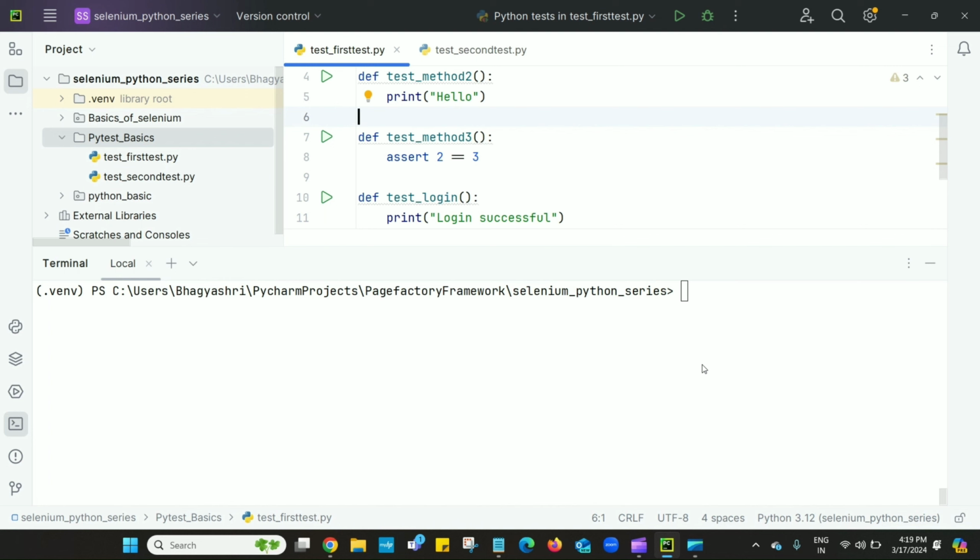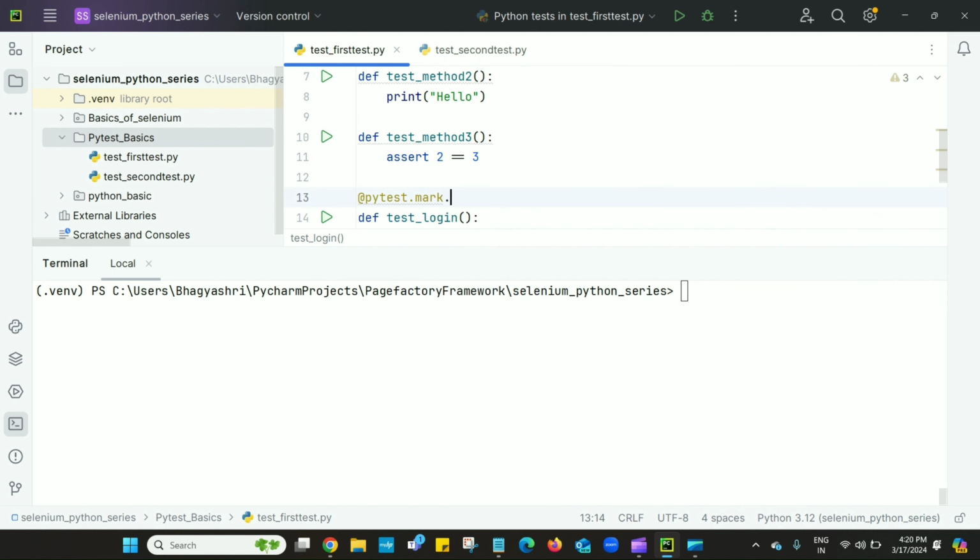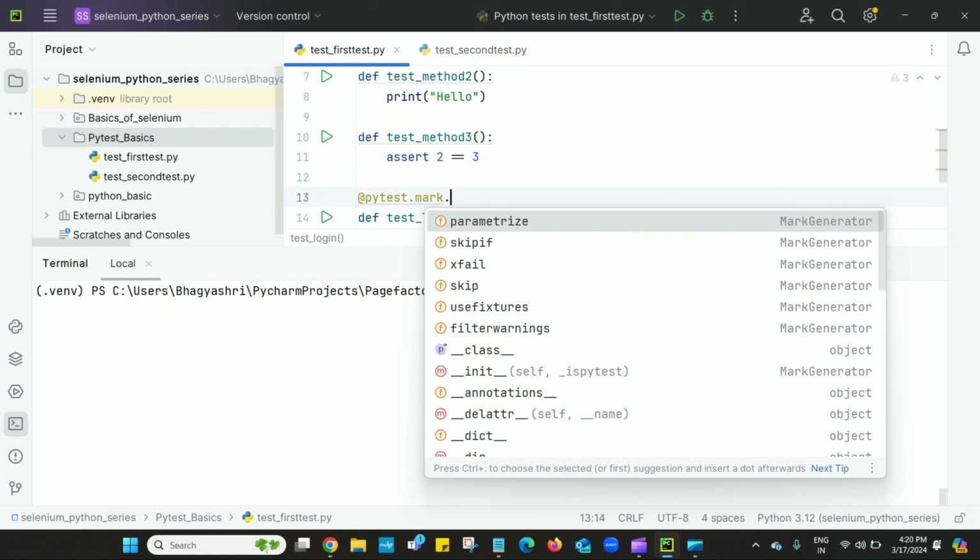So the next way is grouping of tests by using markers. Markers are used to set various features or attributes to test functions, and PyTest provides many inbuilt markers such as xfail, skip and parametrize. Apart from this, users can create their own marker names as well. So the syntax for creating a marker is pytest.mark. Now you can see by using a marker we can parametrize the test, as well as mark it xfail or skip.